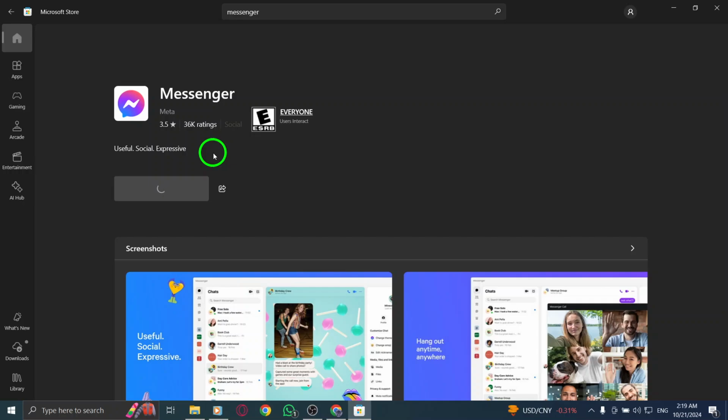After the installation is complete, you'll see the option to launch the app directly from the Microsoft Store. Click on Launch, and the Messenger app will open up for you to start using. If you want to access it later, just search for Messenger in your Start menu and you'll be good to